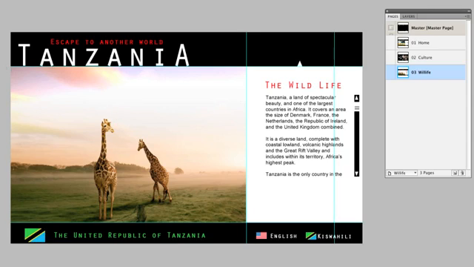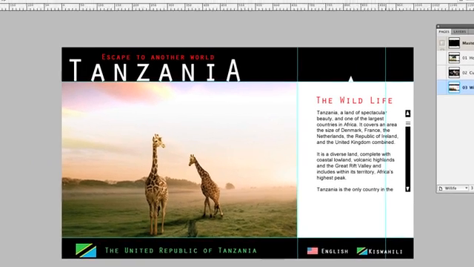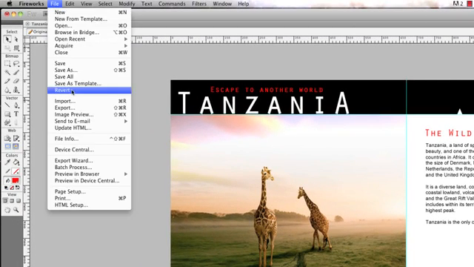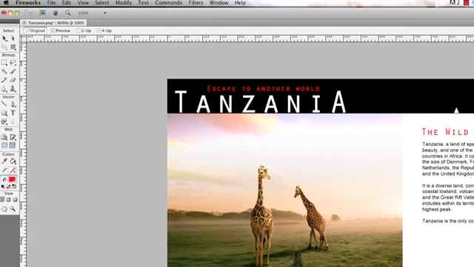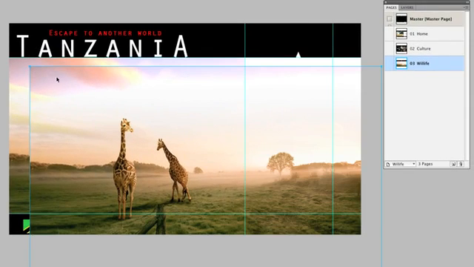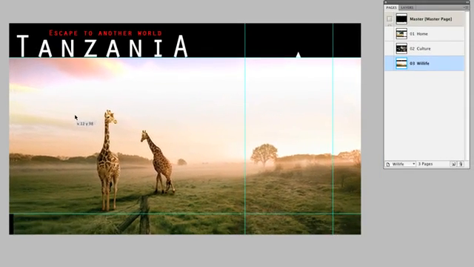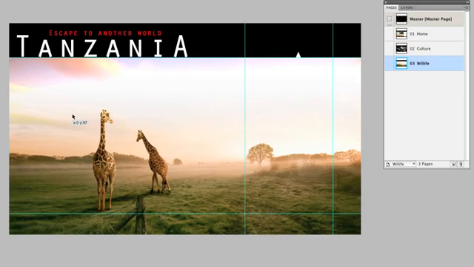Well, it really is not that hard to do. What I did was I imported the giraffes image. So we'll just bring in the giraffes. There they are. Open. And drop it in. And then I'm just going to put it into position right there. And I can see right here that